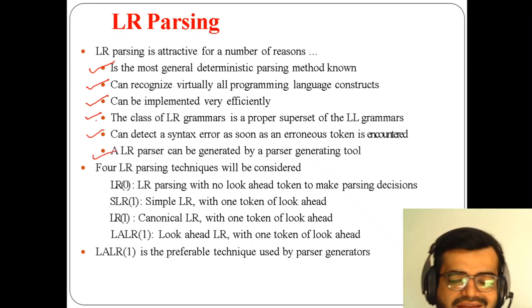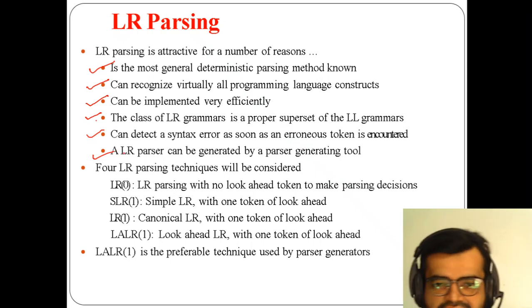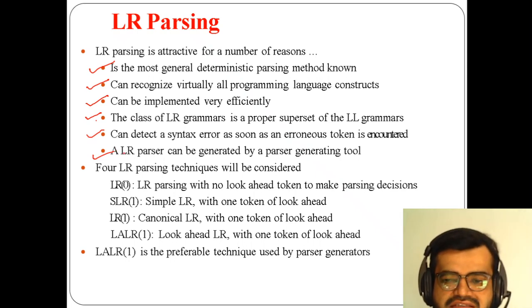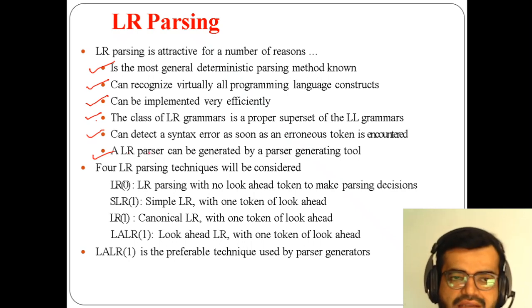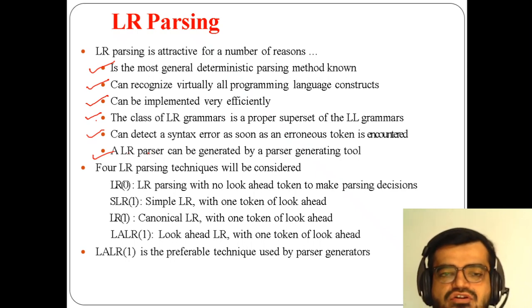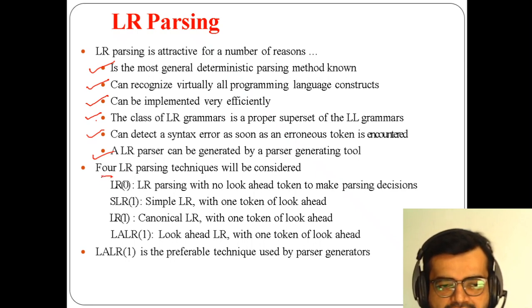tool, like we have seen Lex over there. Here we are using another parsing generator tool such as Yacc. Okay, so that is how it is used for that. Now as I said, LR parsing is just not a single method, rather it is a group of techniques that has to be considered. So basically there are 4 kinds of techniques which are being performed in LR parsing.